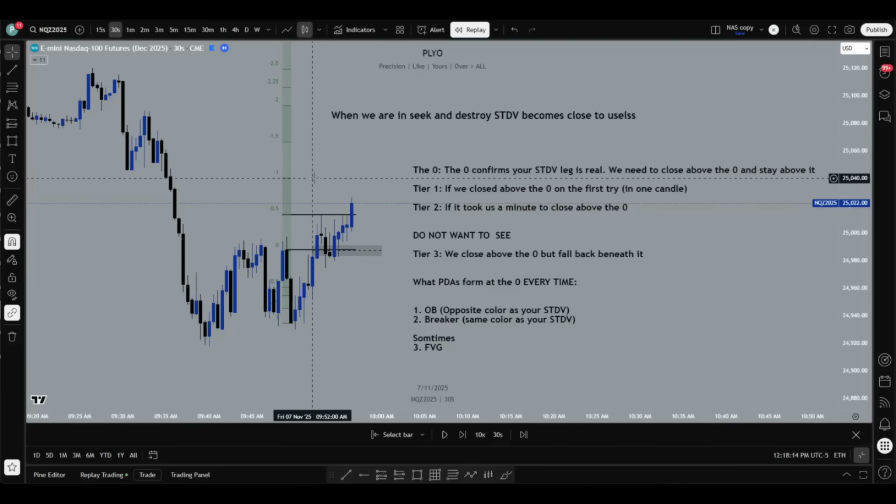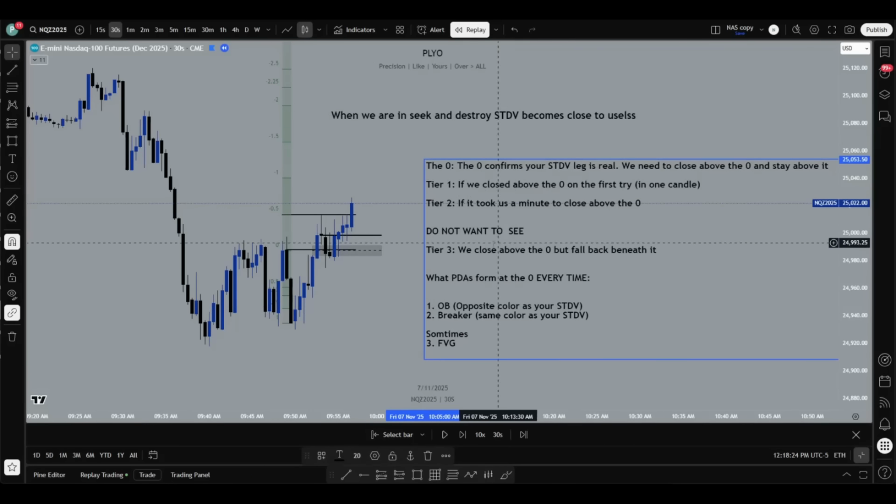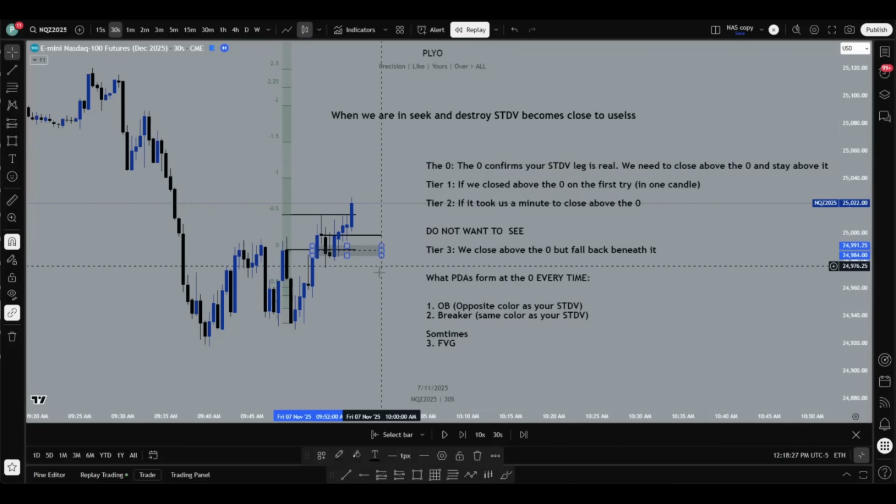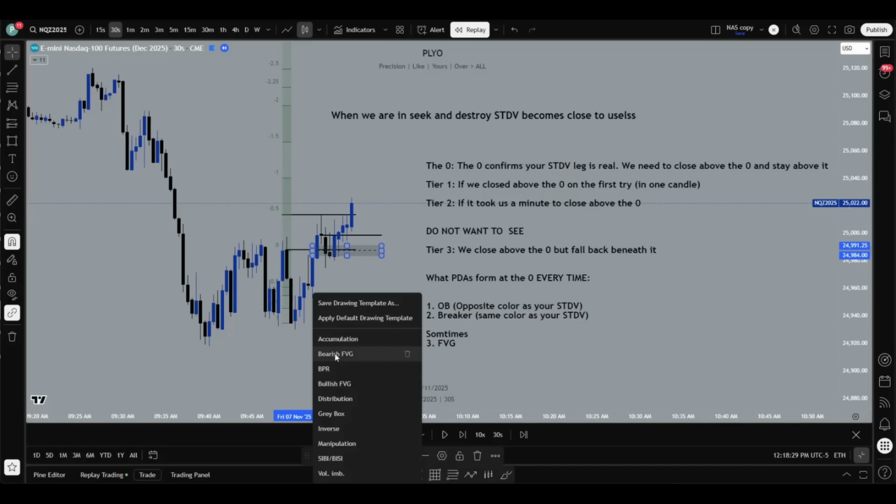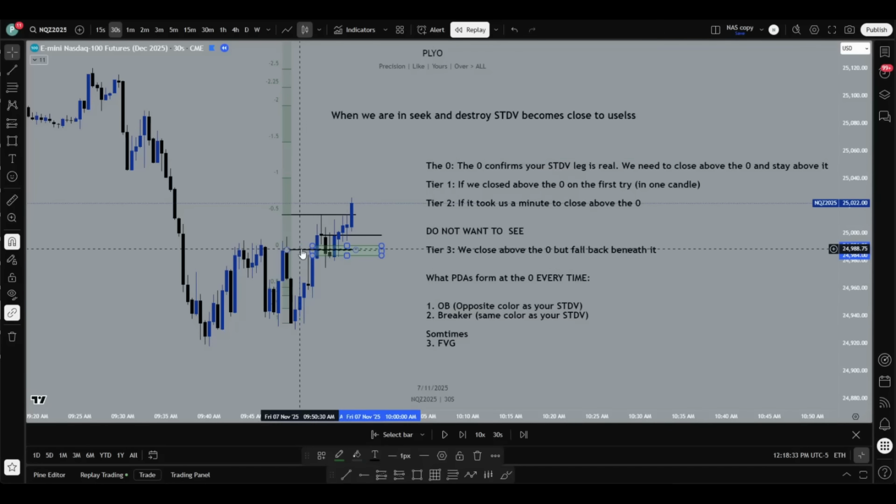Now, once we get up to this, your goal, of course, is to get to -1. We actually took this trade, or I called it out on stream. I took it myself unfunded. The little prop block here to get to -1. Okay. Now remember, what we're here to focus on is really truly -1, but it's just nice that we had this little FEG that formed at the 0. You can actually make a model out of this, by the way. The FEG that forms at the 0 is pretty high probability because it's just simply a unicorn setup. That's all it is. The FEG that overlaps with the OB. But anyways, we go up and hit -1,